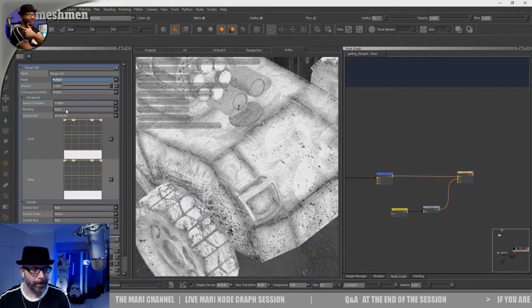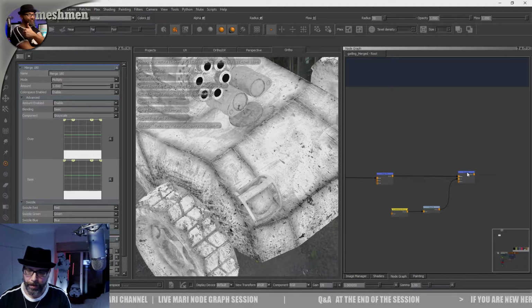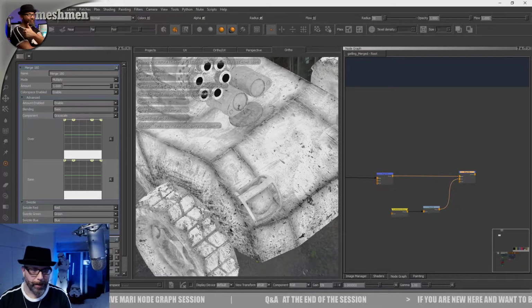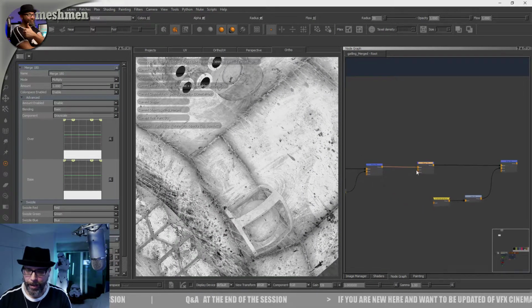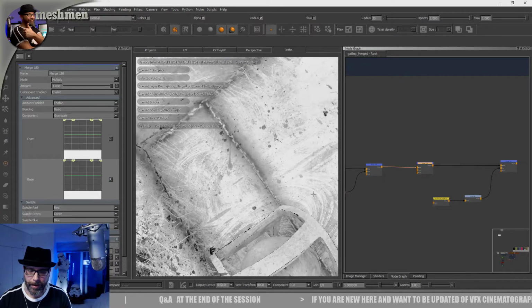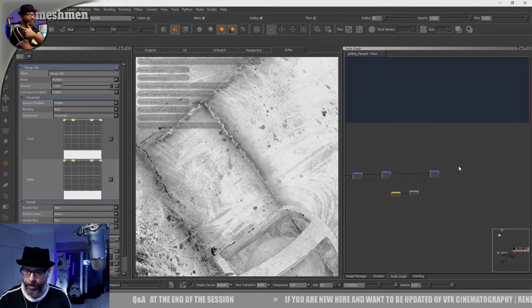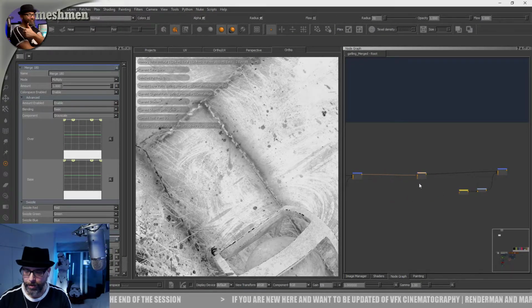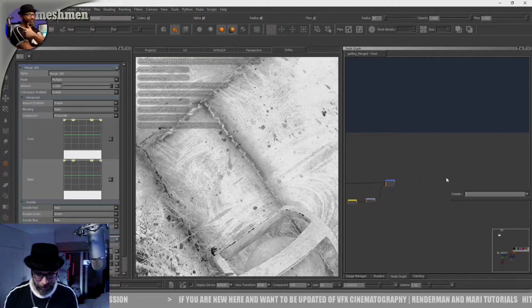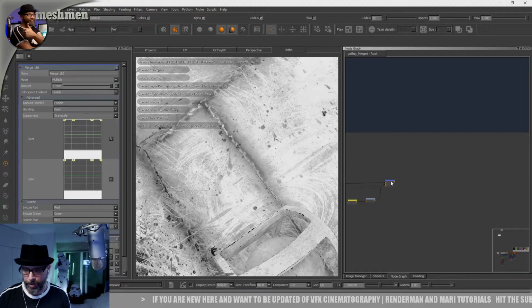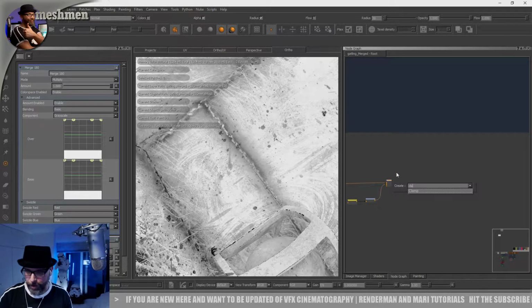Also multiply this one. So now we have the metal and the dirt working together, and my extra breakup is happening there, I guess. So let's name this as a, oh, I can clamp it as well. I always clamp masks. Clamp,